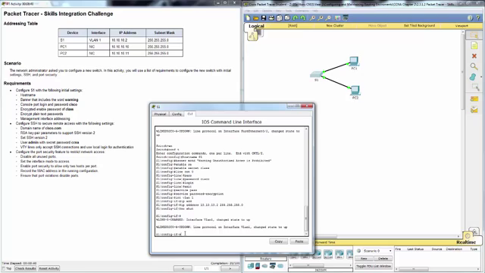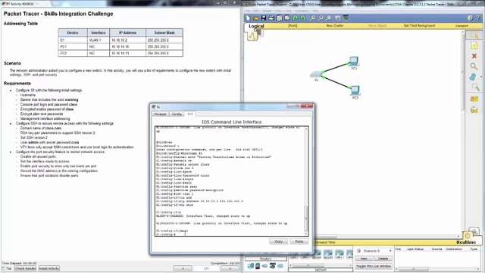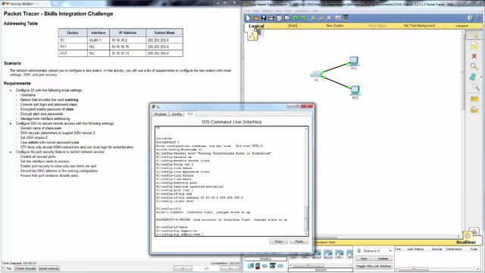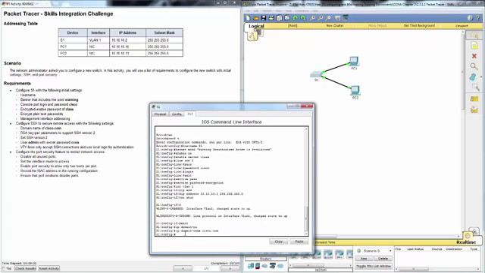Now we will configure SSH to secure remote access with the following settings. So we need the domain name, so we'll just exit out of the VLAN interface back into global config, and we'll do ip domain-name, and it is cisco.com, enter. Now before we configure the RSA keys, we'll do the username. So username admin,